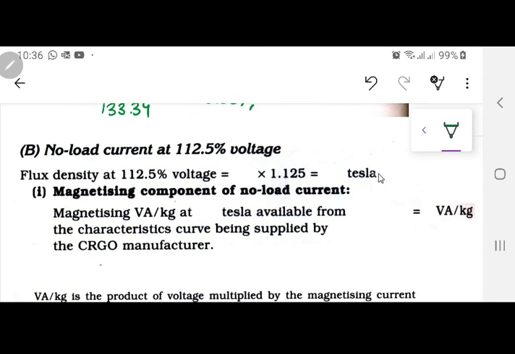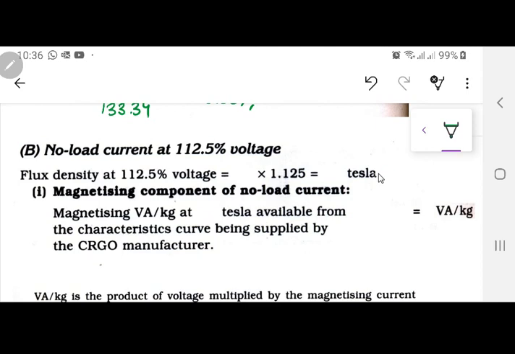Because if the transformer is at no load, certainly that loss is always going to be there. So according to some standard, this is at 112.5% of that voltage. So the flux density is also going to increase by the same value, assuming that you have designed a transformer on the increasing linear curve of your BH curve. You have designed it in the linear region. So if you are increasing the voltage, that B will also increase.